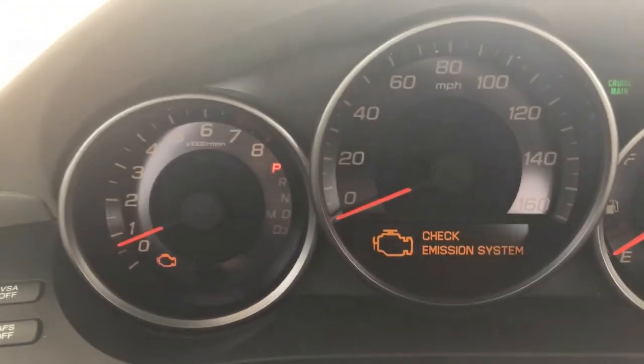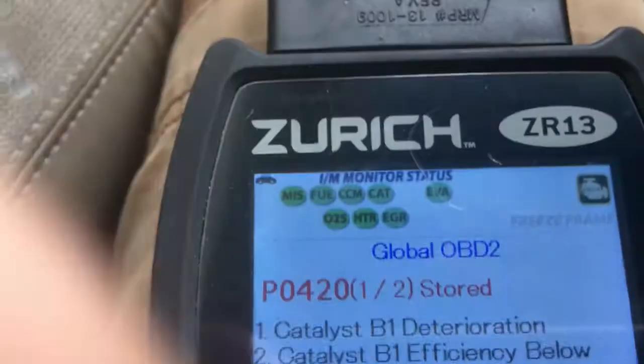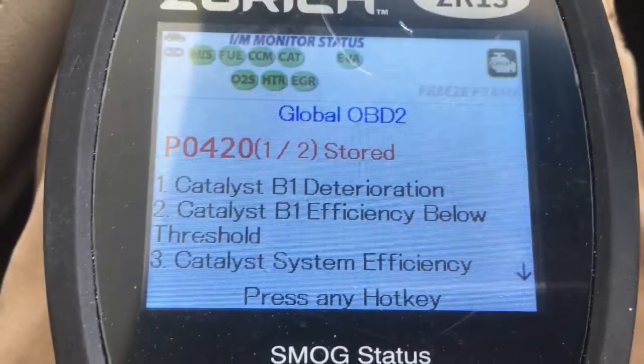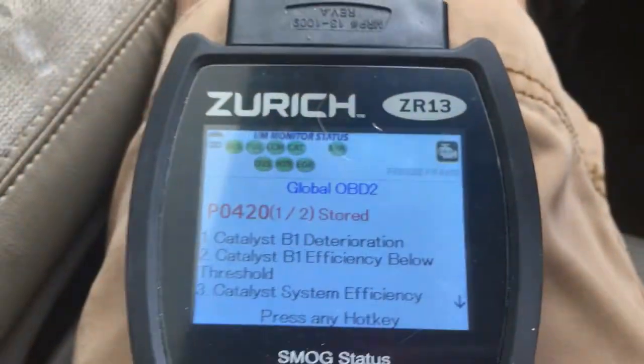All right, here I have a check engine light on my 2005 Acura RL, and doing a scan with my Zurich Z13 scanner, I have a P0420 catalytic converter, bank one deterioration code, so I took it up to a